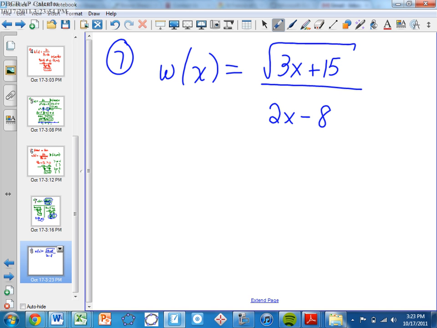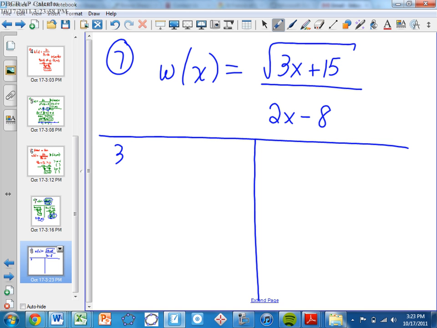Again, split this up into two scenarios. The 3x plus 15 must be bigger than or equal to 0. The denominator cannot equal 0. Again, in your mind, you need to be able to say what's going on. The radical has to be 0 or positive. That's the left-hand side. The right-hand side, the denominator can't be 0. And then just solve it. This one you will get 2 answers, and be careful when you get them. Is negative